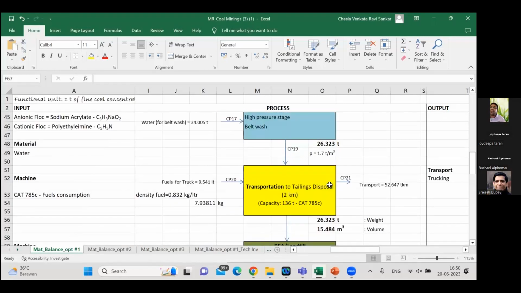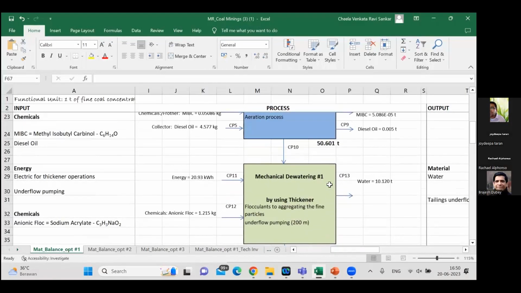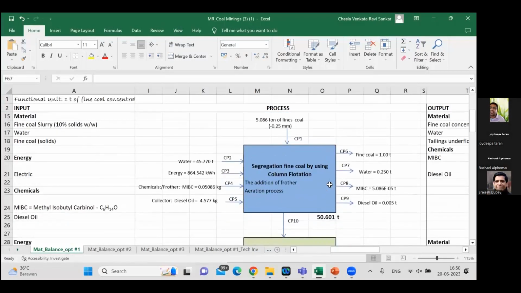So where do I get all this data from? How do I collect all this data? Being a researcher working in a separate domain, I don't know how these manufacturing activities are happening, how these particular processes are happening. So it is very difficult for me to understand, because I have never studied that process. So when we wish to do an LCA in a particular sector, we should have minimum basic knowledge of it. So we do a field visit initially.